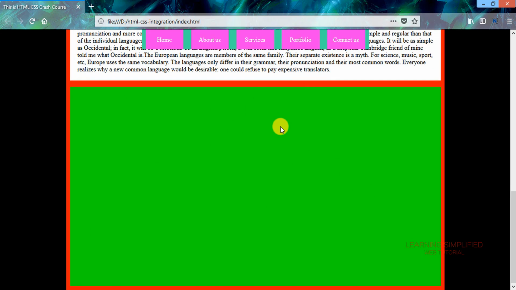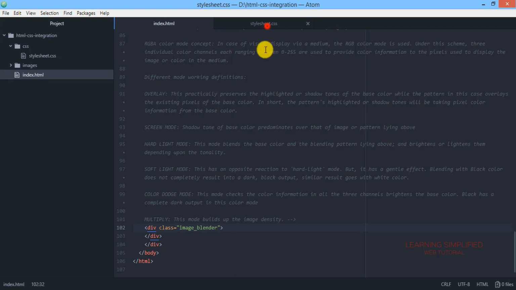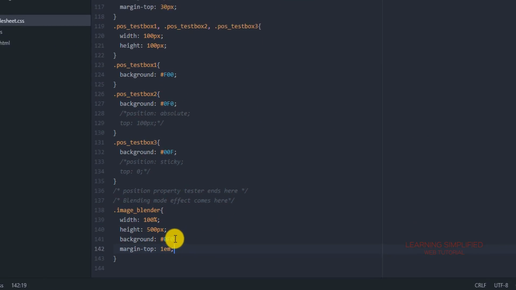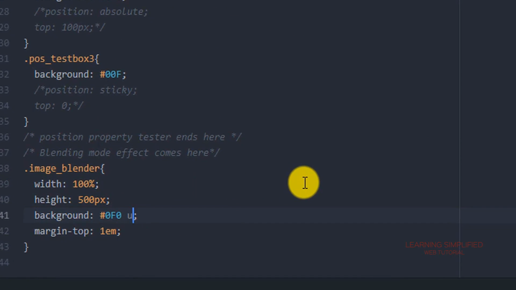Now that we have created this particular div with this particular class name, right now all we need to do is create another background image here. So all we are now going to do is create that particular background.